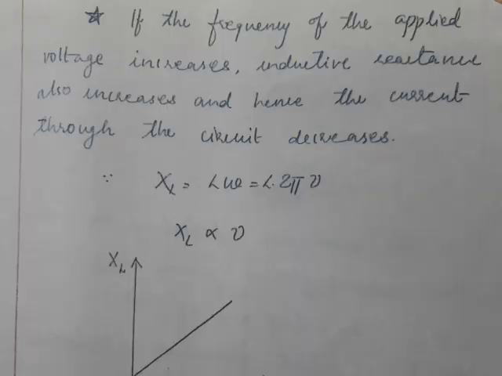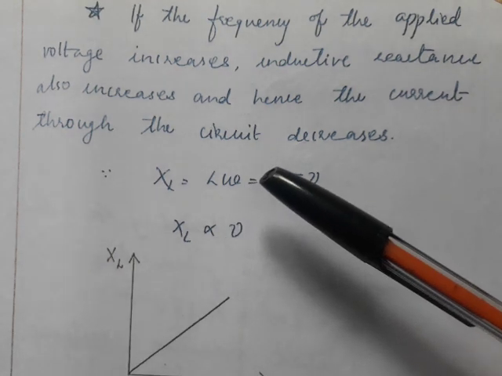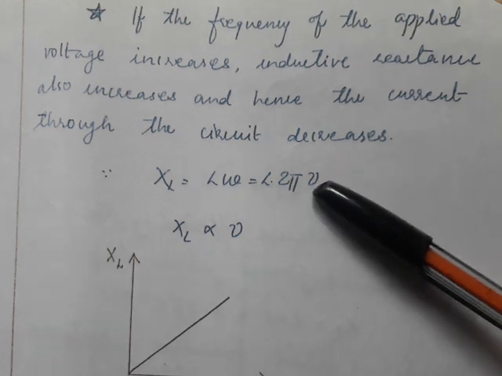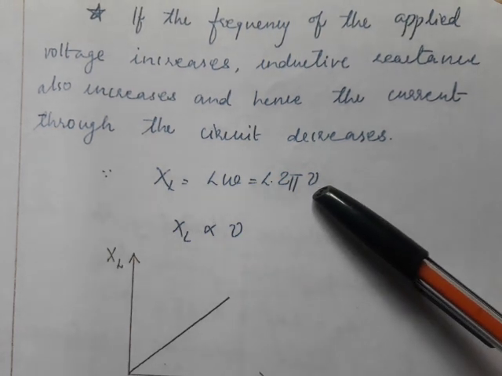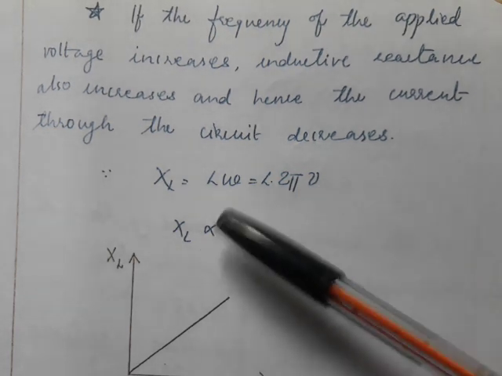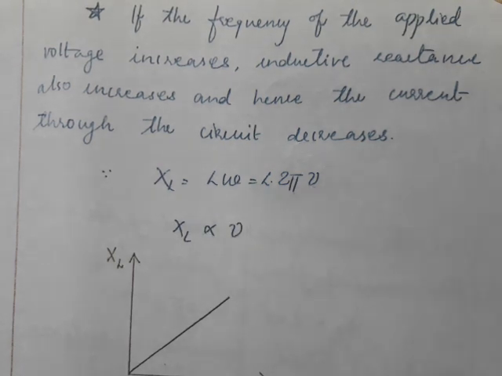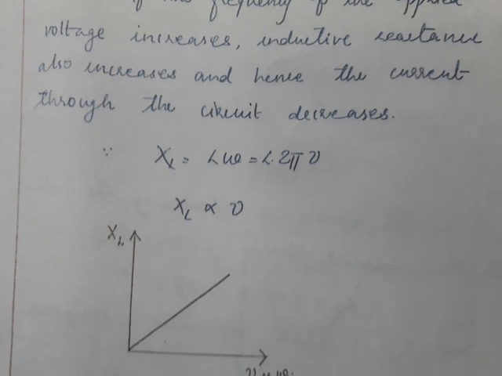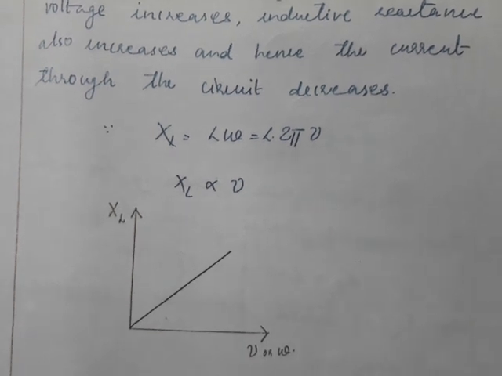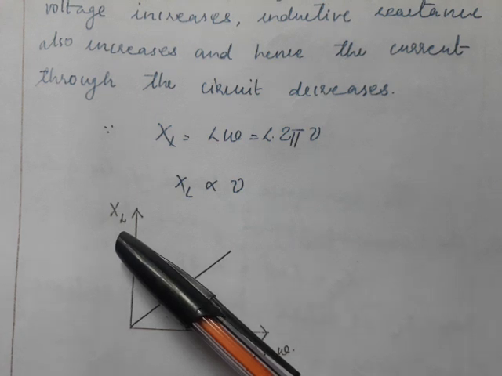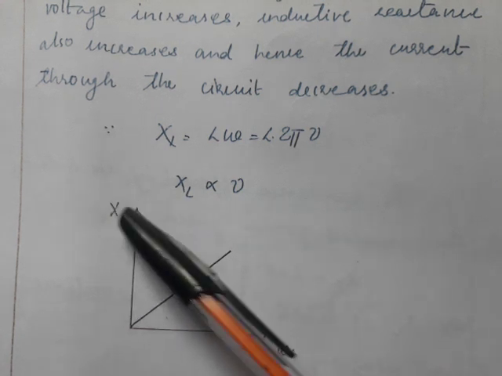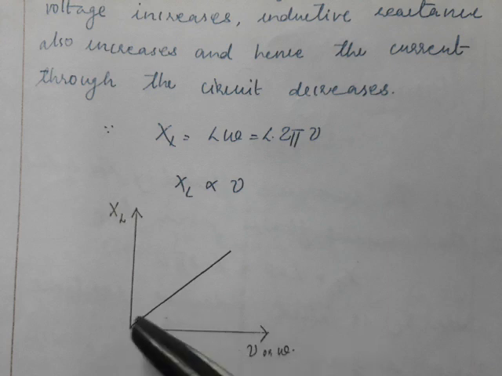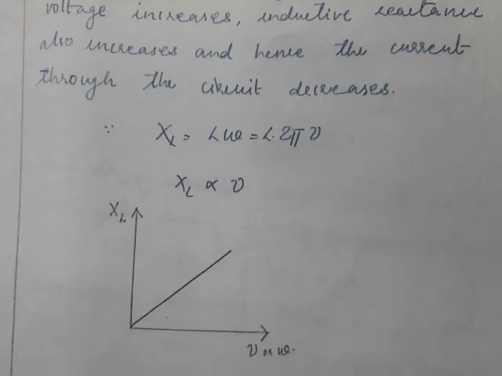Another important point regarding the inductor is about the inductive reactance. It depends on the frequency nu. So if nu increases, the frequency of AC increases, and inductive reactance also increases. So more frequency, more is the resistance offered by the inductor. If we plot a graph of frequency and the resistance offered by the inductor, that is inductive reactance, they are proportional, so we get a straight line graph.